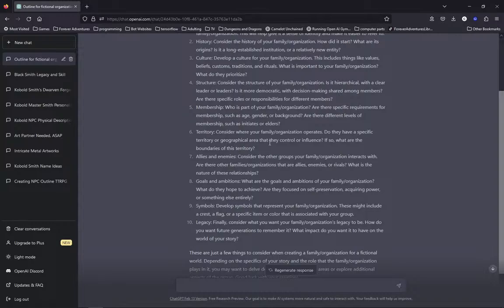So we're not going to do that. If you do want to do something like that, that's absolutely acceptable. Obviously, it's your family, your organization, do whatever you want. But I'm not going to do it because I would like for that legacy to change with each new story this group or family goes on.